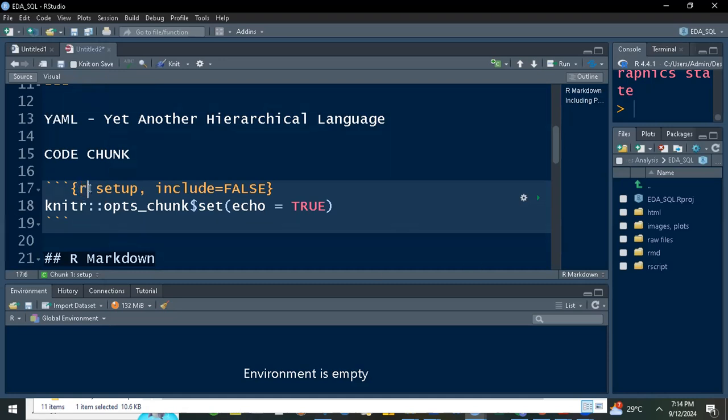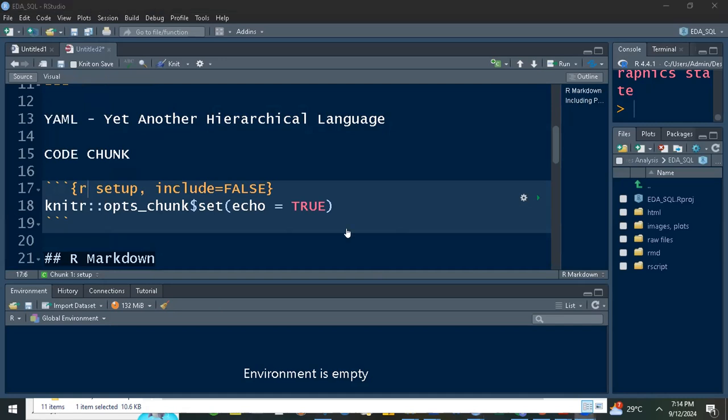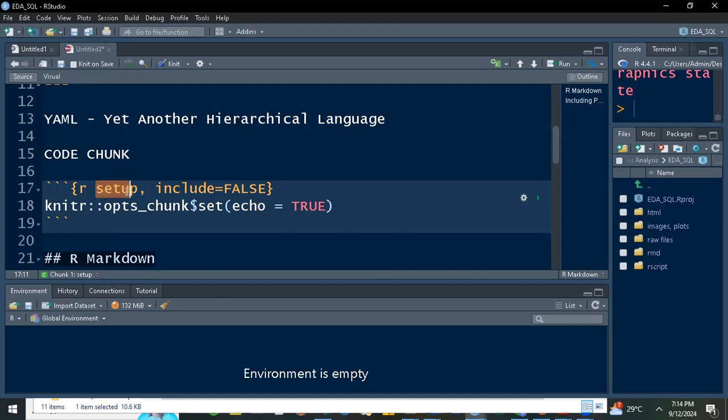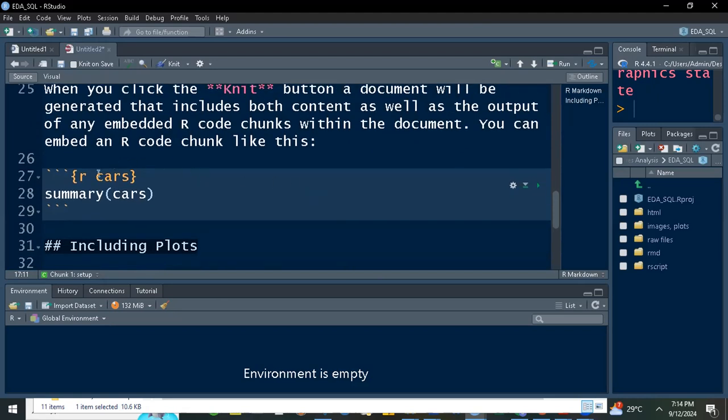And then after R here, yes, question? Yeah, ask Richard. Yet another markup language, that's true. No? Okay, then here we have setup. What is this setup? Okay, and then we have here another one, cars here. And then we have here another one,